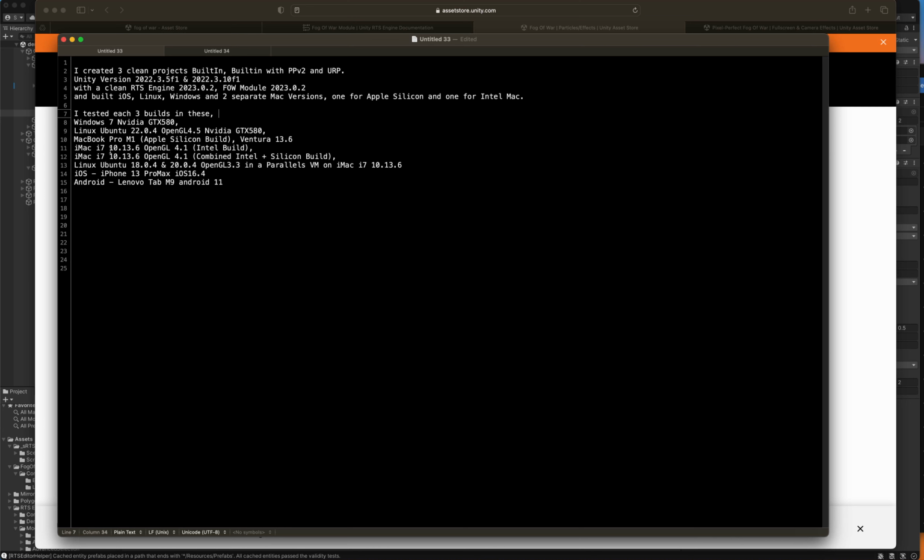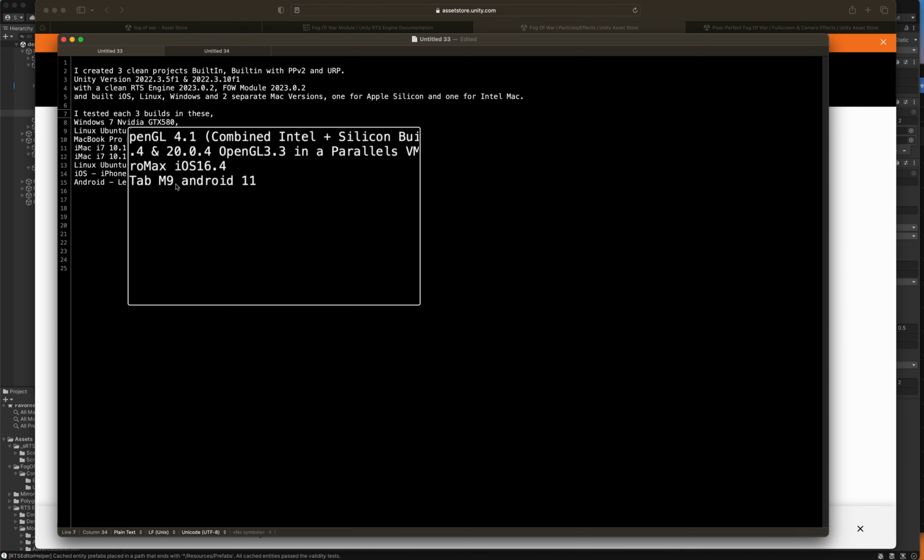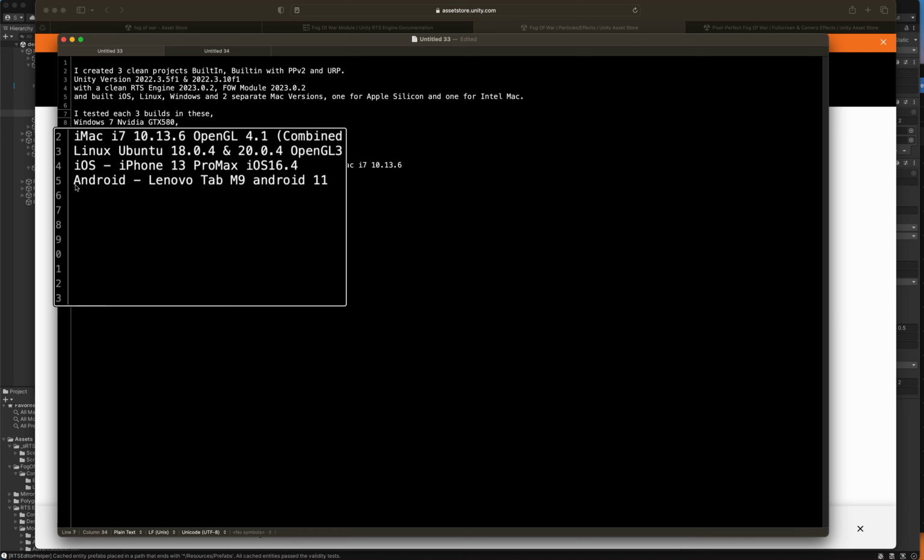So for me, I build on this MacBook Pro, and I build my Windows, Linux, and Mac binaries on that. I build my iOS versions on that, and yesterday I tested it on Android because I had a Lenovo Tab M9, which is running Android 11, turn up, which is only about 120 quid, and that's pounds if you're not English, if not British. Anyway,